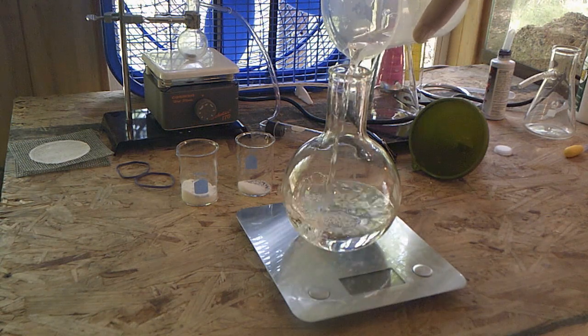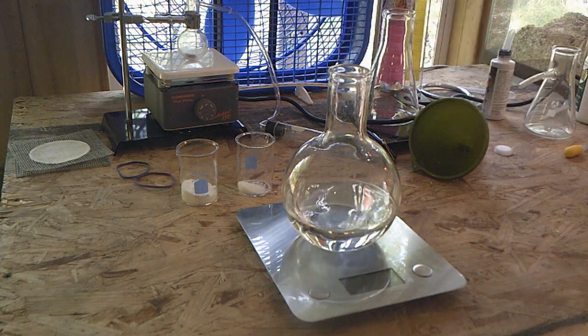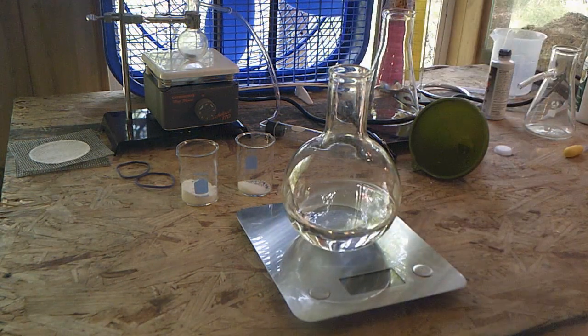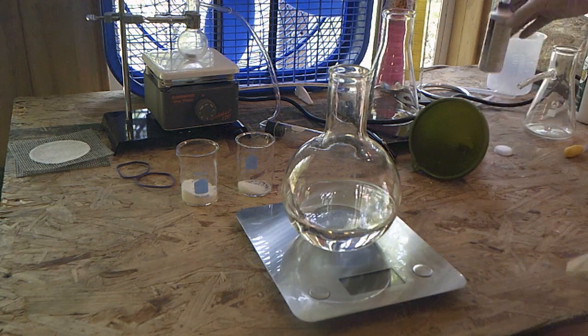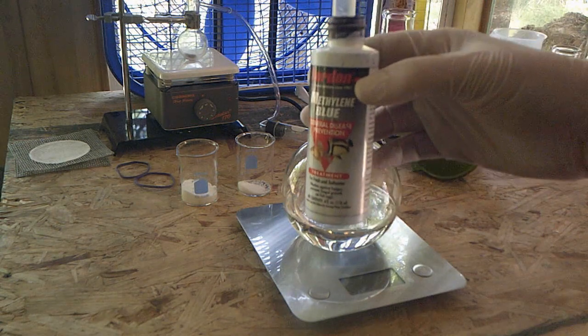These flasks are really good. The shape allows you to mix without getting too much splash, right? Because then the splash can be contained down in there. So that'll be the nice thing about that. And then what we're going to add to that is our third chemical that is not water,